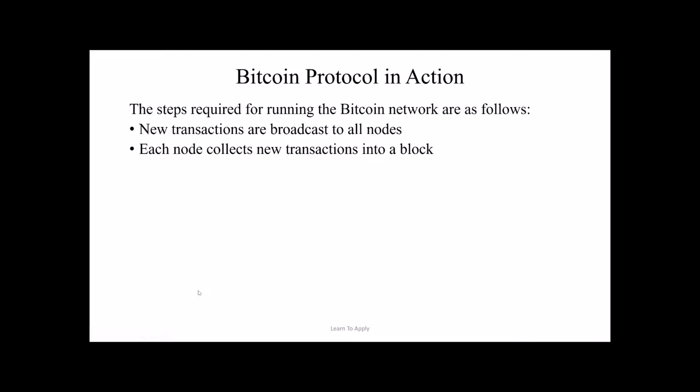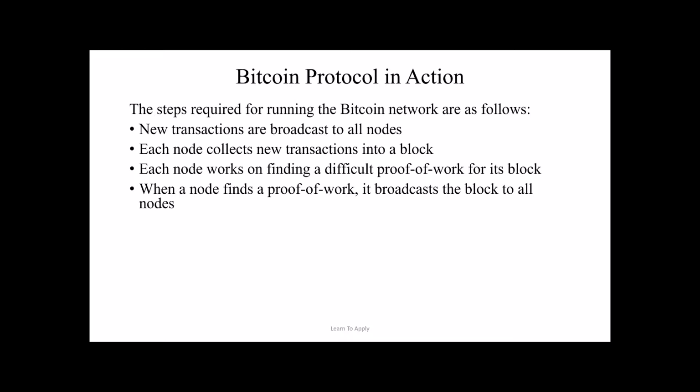What they will do after that is take part in the consensus mechanism. That is, they will try to find that difficult proof of work, where their aim is to find the hash of a block that is less than the target that we have seen in the previous video. We will have another video that will cover everything about proof of work. So they will put all those transactions in the block and try to find the difficult proof of work.